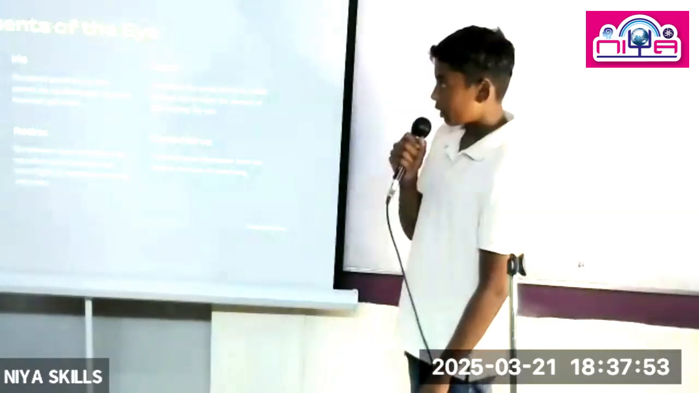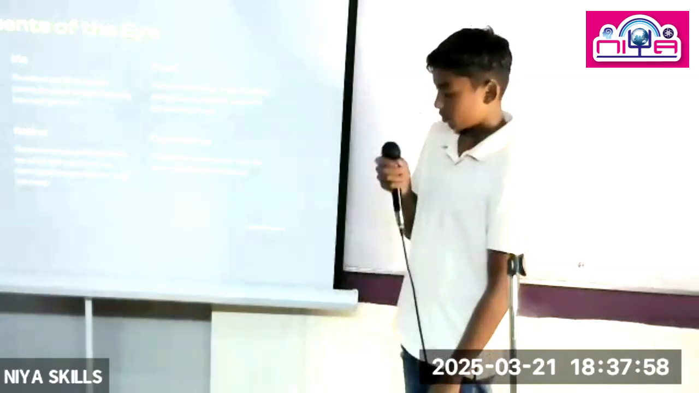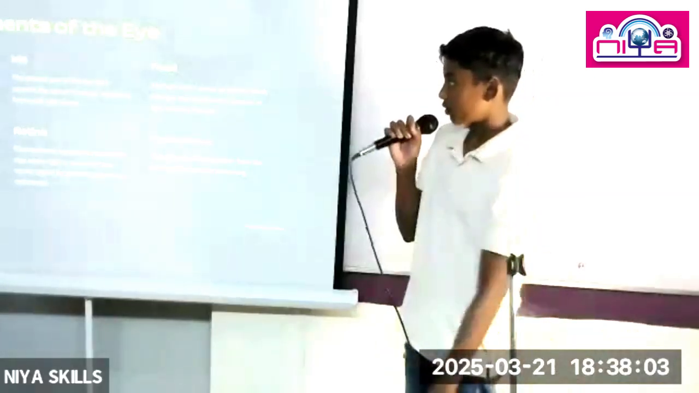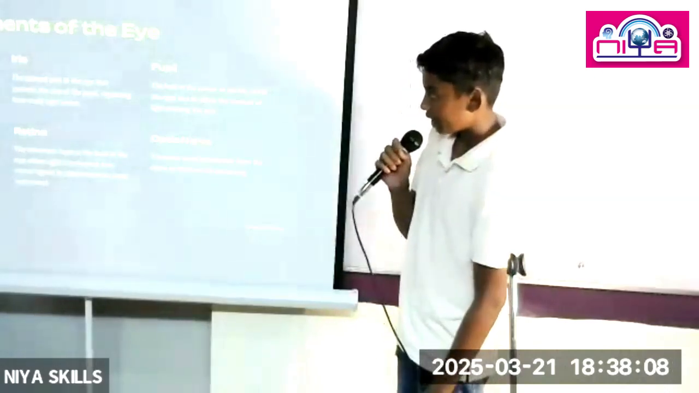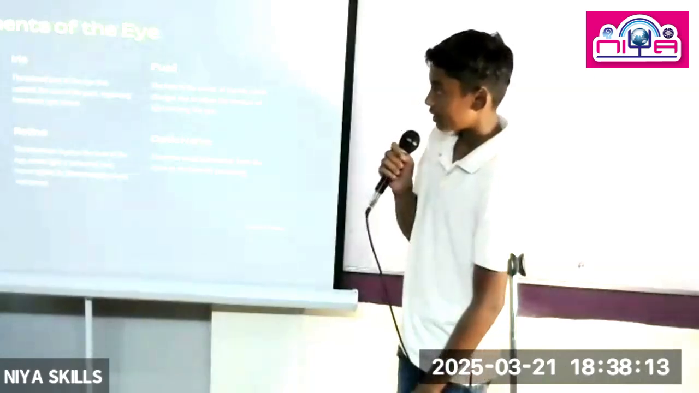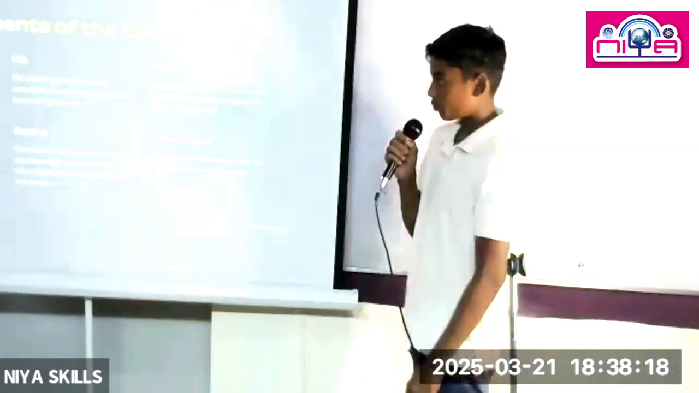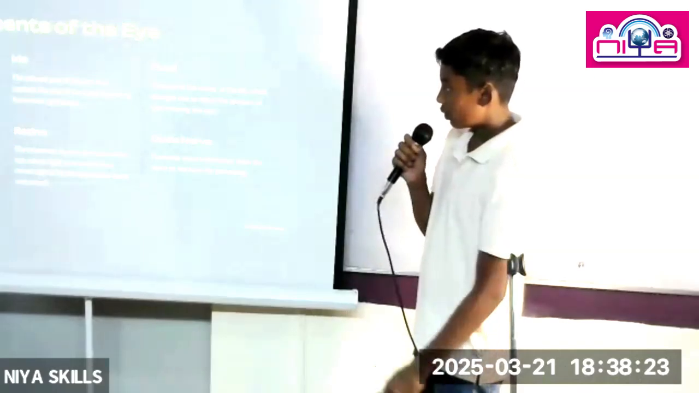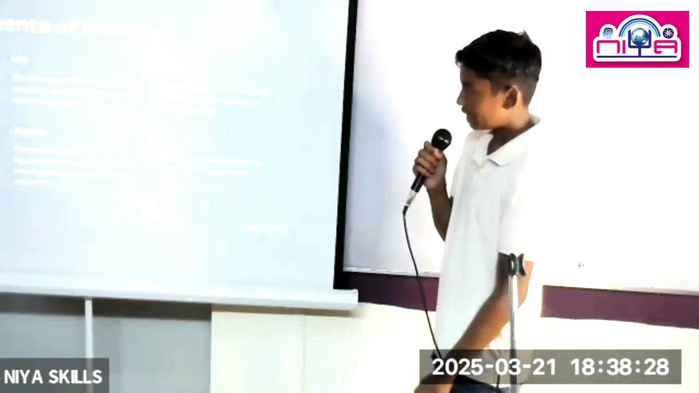Key points of the eye. Cornea, the transparent outer layer that protects the eye and bends incoming light, helping to focus it as it enters the eye. Iris, the colored part of the eye that controls the size of the pupil, regulating how much light enters. Pupil, the hole in the center of the iris which changes size to adjust the amount of light entering the